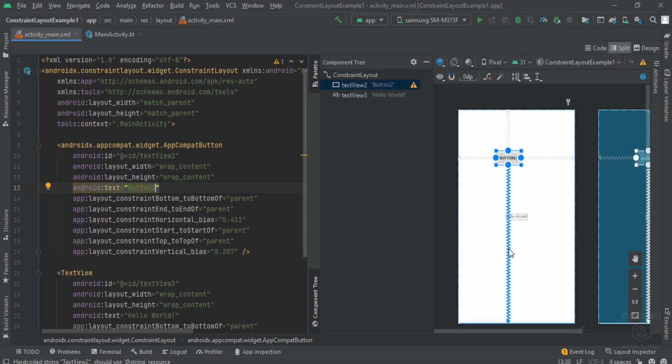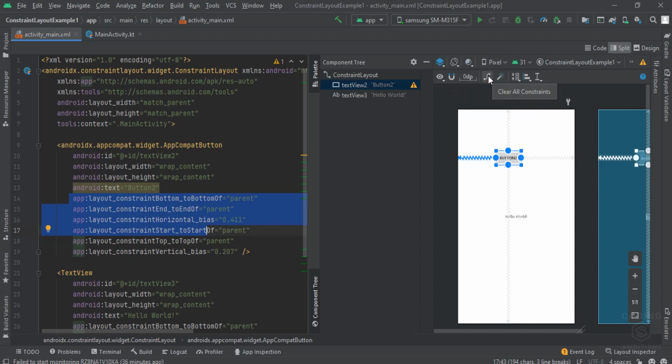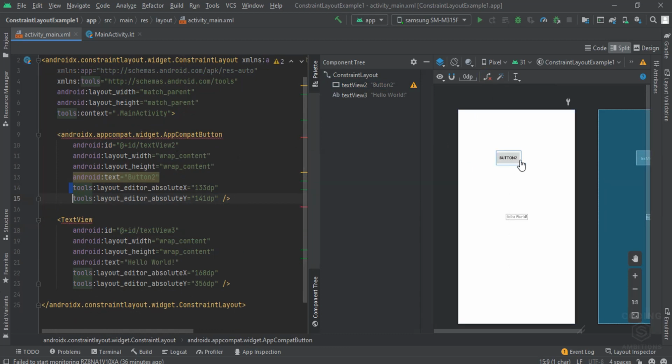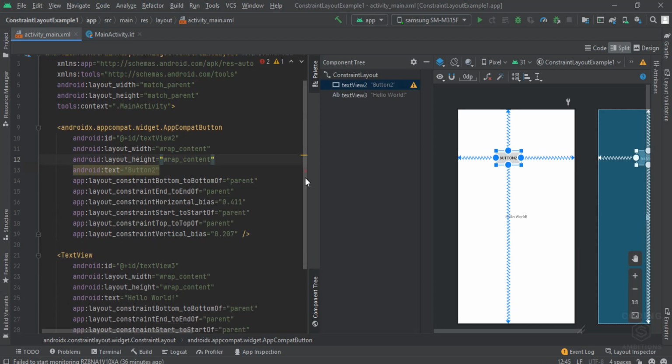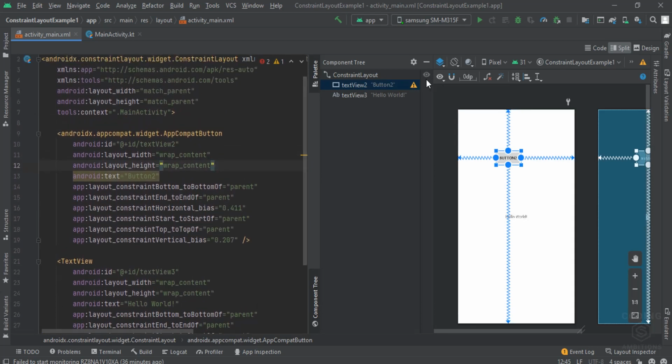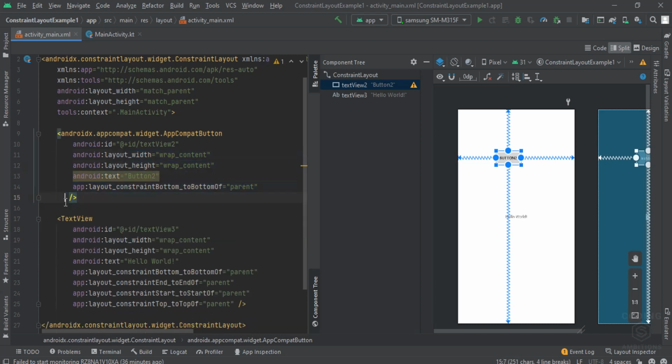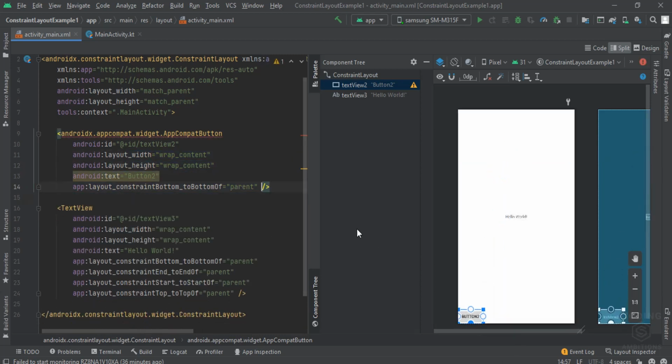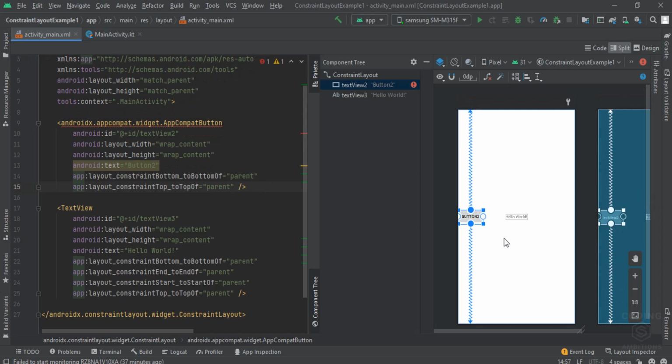2, and now let's say we want to align this on the left. First of all remove all of its constraints. There is a shortcut for that, clear all constraints. It will delete all the constraints of this layout. Basically what clear all constraints does is clear the constraints of the constraint layout. It does not work, I think, for a simple component. So what we will have to do is remove the constraint of this view from here. Now it's aligned. We want to align it in the center, bottom and center.